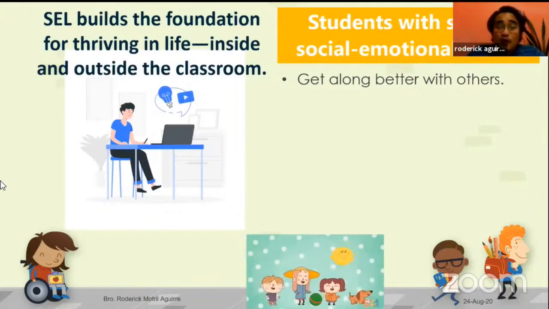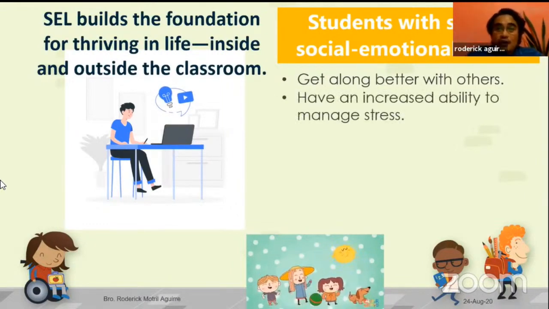Minsan ang tinuturo ng mga magulang ay kung ayaw nila sa'yo, di wag mo rin sila pansinin. That's wrong. If you need to interact with these people, and then if they do not like you, then do try to adjust to them. Hindi pwedeng ang tinuturo natin sa mga bata na ang lahat ng tao at ang sitwasyon palagi mag-a-adjust sa atin. They will not succeed in life. Successful people have been found to have high social emotional skills, and one of those benefits of having strong social emotional skills would be getting along better with others. And getting along better with others is helping our kids be able to find the right people to be their core group. Okay?